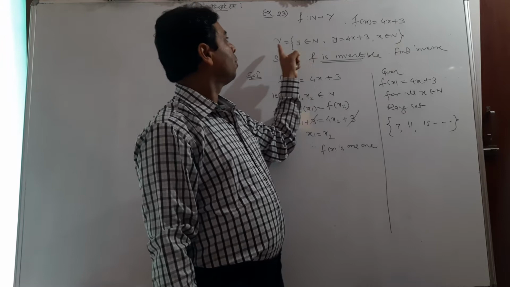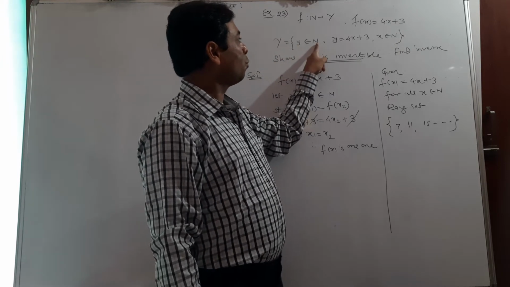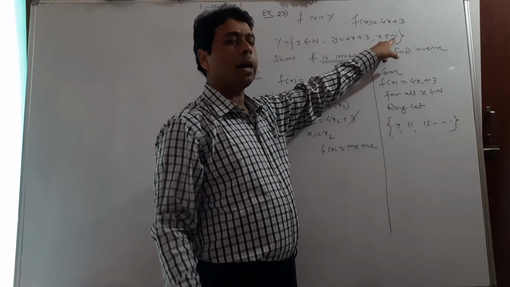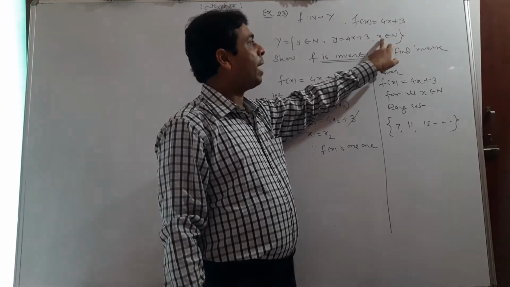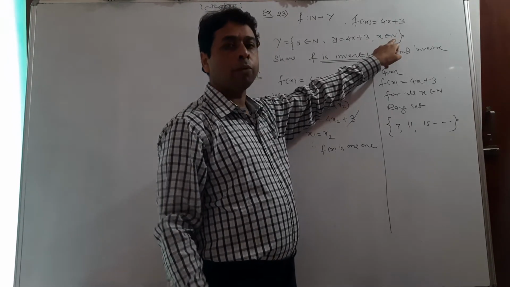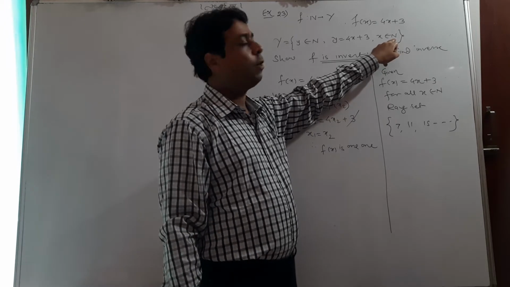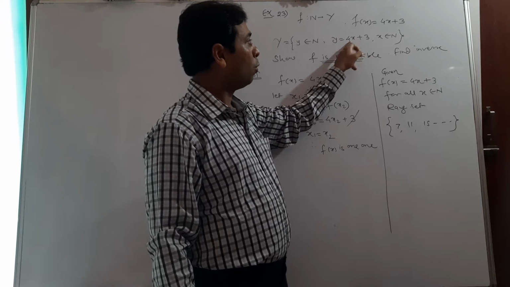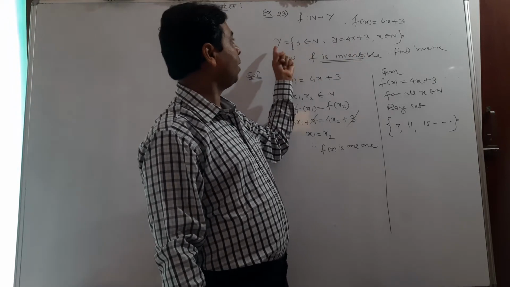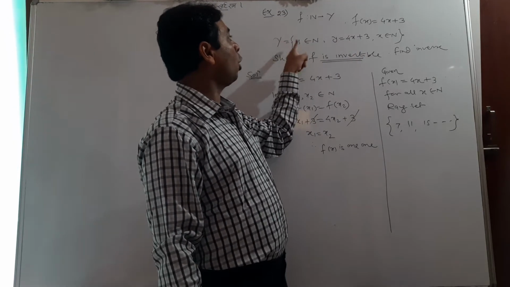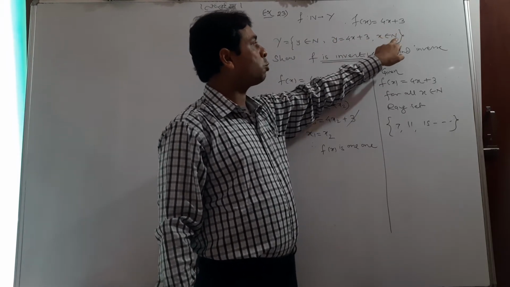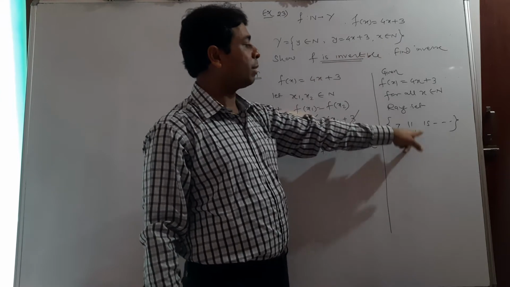I tell you, y is a natural number which is coming from y equal to 4x plus 3 when x belongs to N. I tell you, x belongs to N meaning 1, 2, 3, 4, 5. If you put x equal to 1, 2, 3, 4, 5 here, this will be your y. Y contains all y which satisfy this one and this one. So when you put x belongs to N, 1, 2, 3 here, you will get the same set.